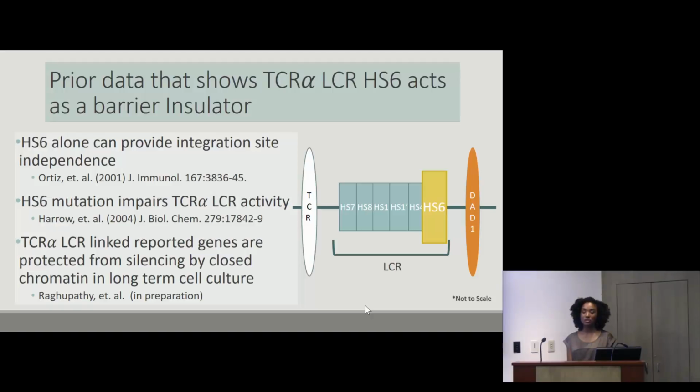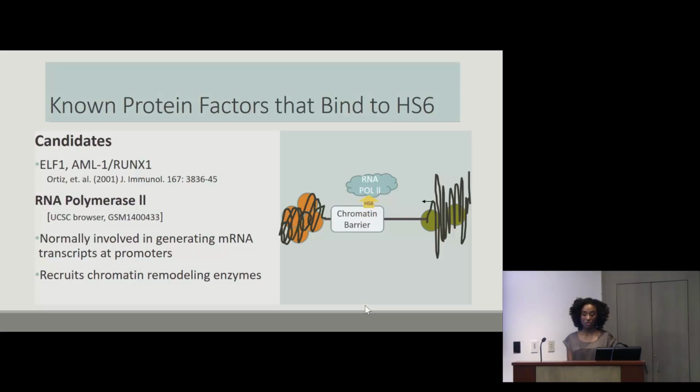So then further research was done within the lab, and it showed that this particular LCR, again, has barrier capacity due to a 90-day assay and other research. So back to the title, which was identifying the factors that relate to the barrier capacity within the LCR. And so the candidates or the factors that are noted here are ELF1, AML1, also known as RUNX1, and